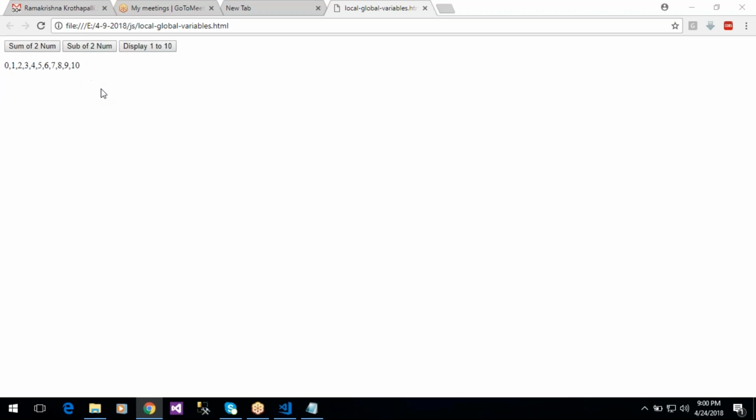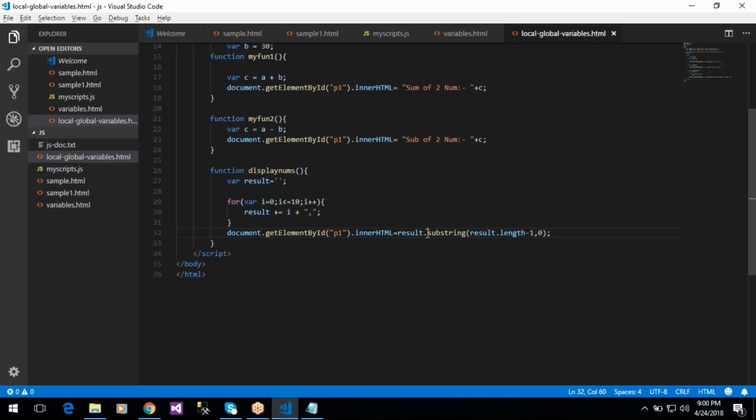To remove the last index, you can use the substring method, result dot substring 0 comma result dot length minus 1. Okay, and this example is for implementing, and to display 10 to 0 numbers,